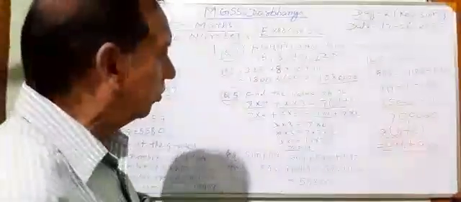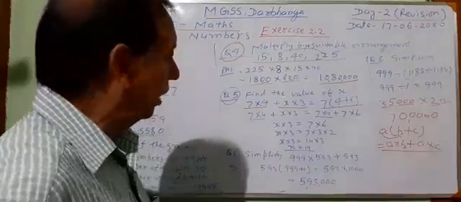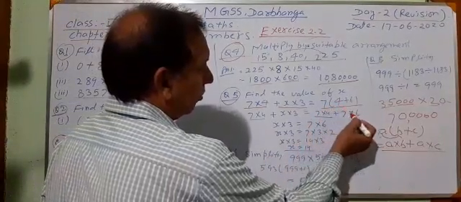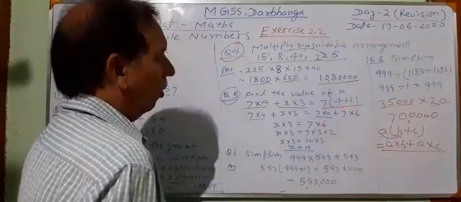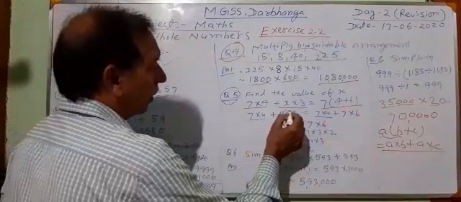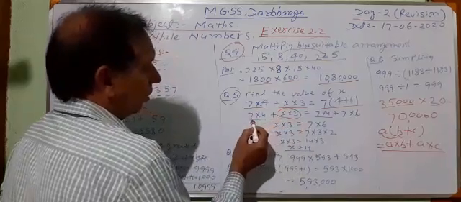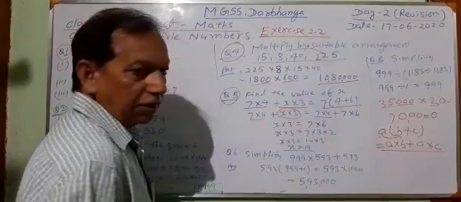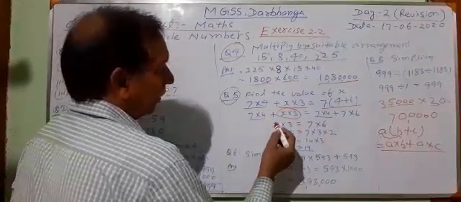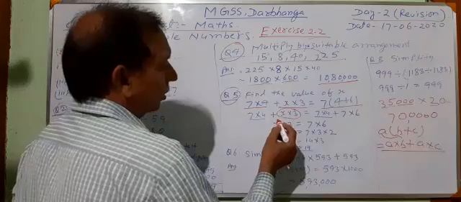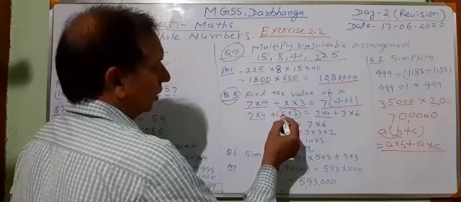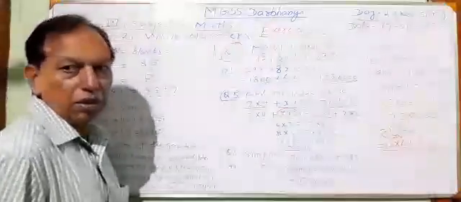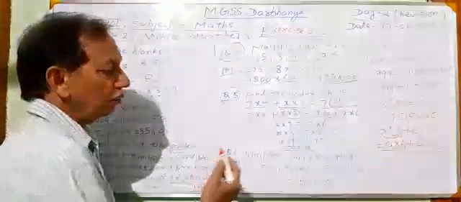In the same way we shall do multiplication. 7 multiplied by 4 plus 7 multiplied by 6. Now since we have to find the value of x, here 7 multiplied by 4 is on the left side also, and 7 multiplied by 4 is on the right side also. So let it leave. It will be cancelled. One thing must be clear. This question can be solved in different ways, but here we are trying a very simple way.